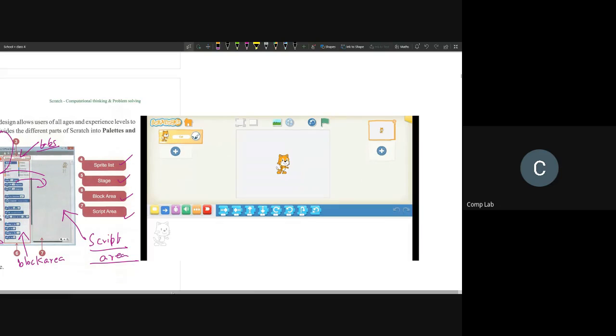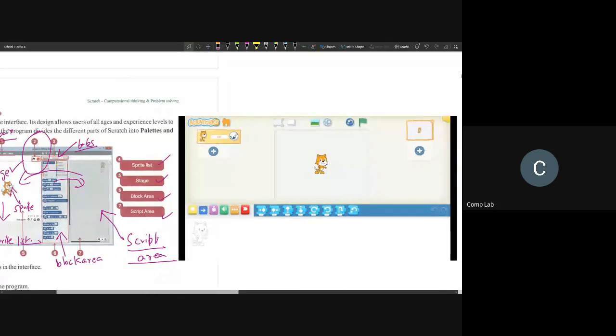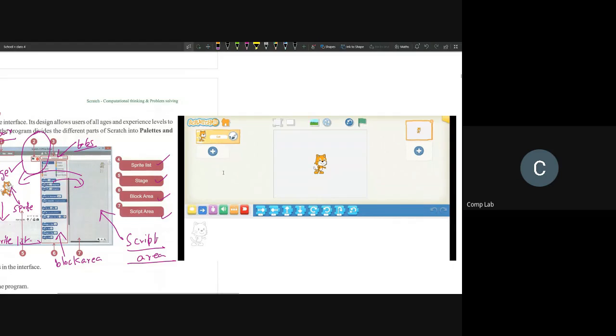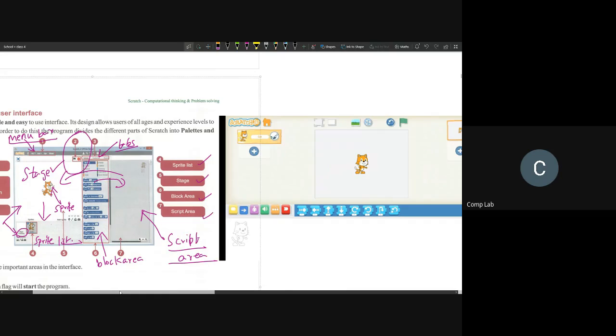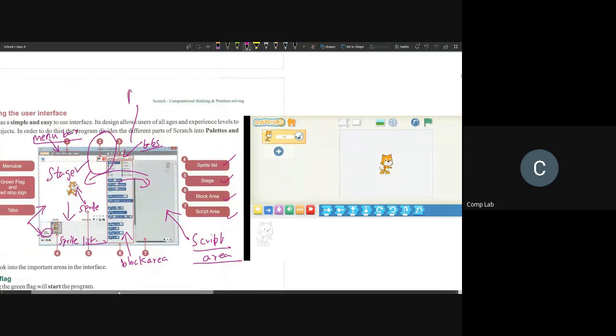As you may immediately notice, Scratch Junior is going to occupy a lot less space. You can see everything is very, very tiny. That's because this interface right here on the left is run on a PC. This is run on a monitor. A monitor has lots and lots of space, so everything can be accommodated in one go.